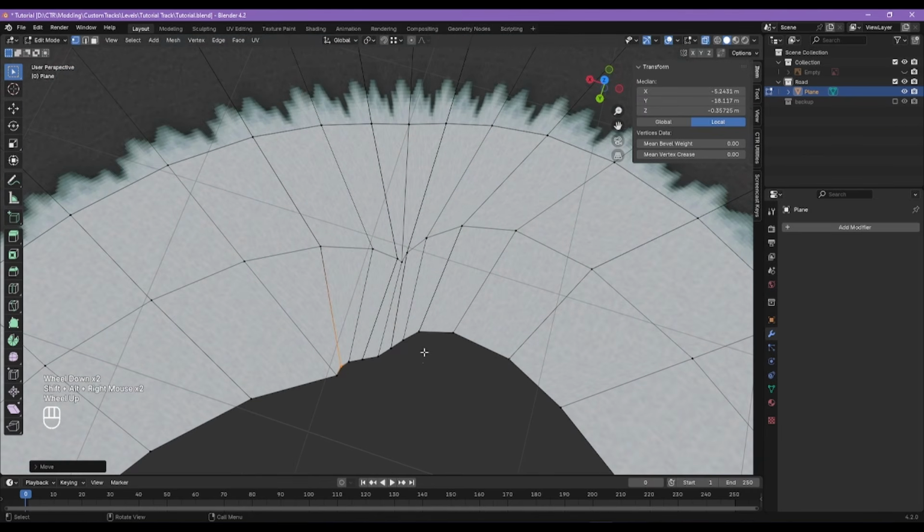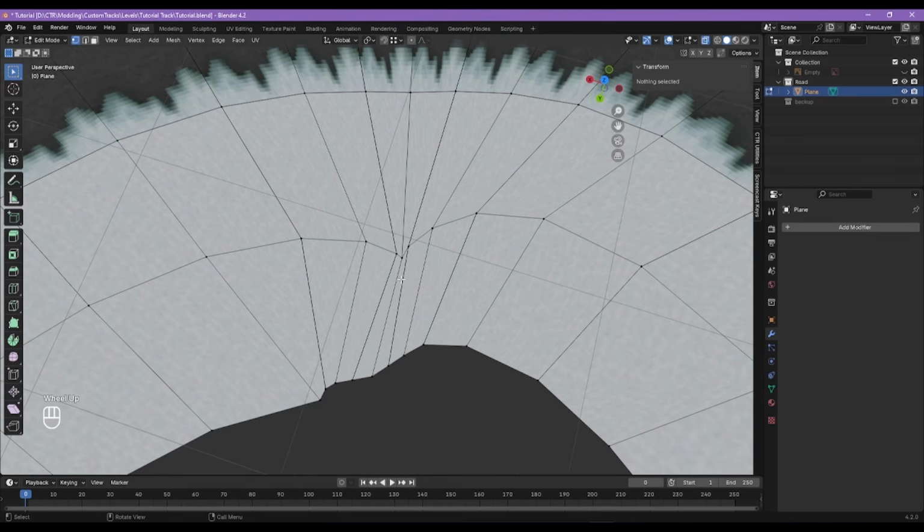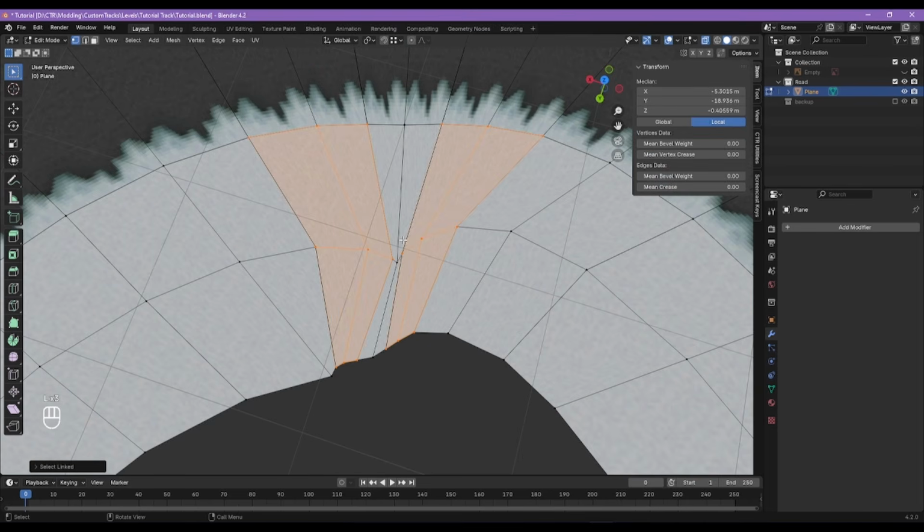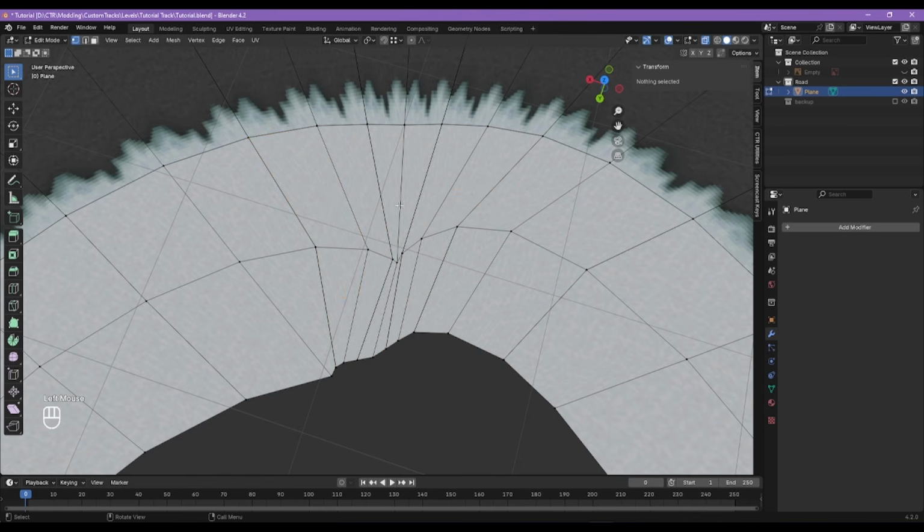There's no overlapping anymore, but we do not want our path to look like this. So I want to turn these 3 quad blocks into tri blocks to help reduce the number of verts on this edge here. We're going to reduce it from, how many is this? Like 7 to just 1. So